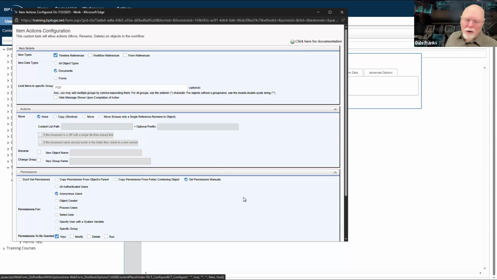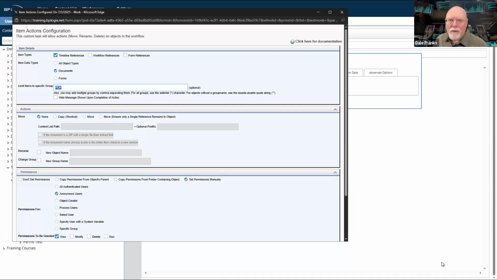Normally, if I have a child object like this and I want to set its permission, what we do is change the permissions of the parent and we replicate it down. But this is one of those cases where we wouldn't want to do that, and where replication doesn't work for us. And because it doesn't work for us, I need to have an alternative method for setting permissions on specific objects, or in this case, I only uploaded one object, but I could have uploaded 12. And so I would have had 12 documents in this PDF group that need a different permission from the parent process timeline.